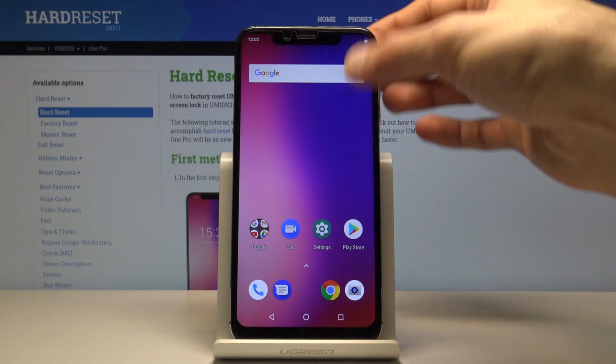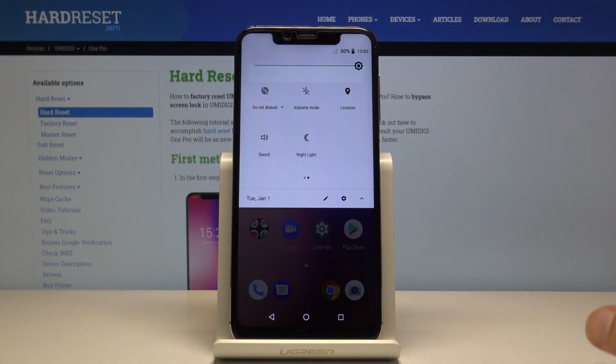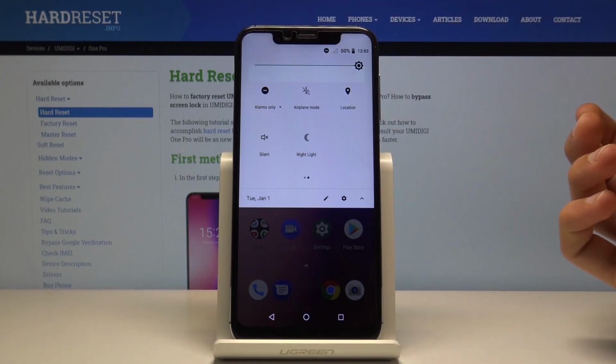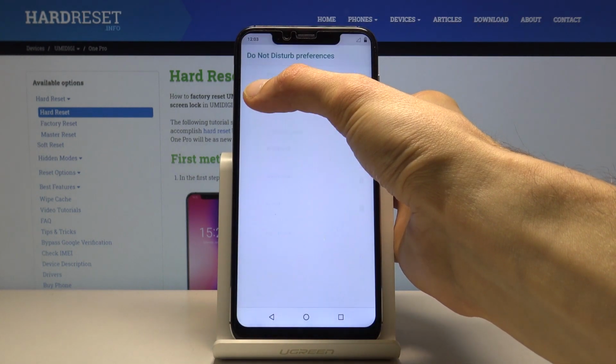So to get started, let's pull down the notification panel, and for me it's on the second page right here. So to enable it, simply tap on it, and now it's enabled. Now if you want to set it up, you want to actually hold the toggle, so if you hold it,